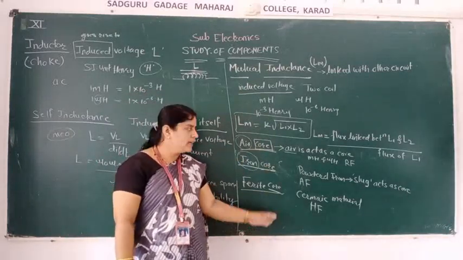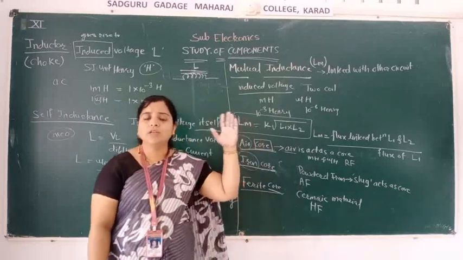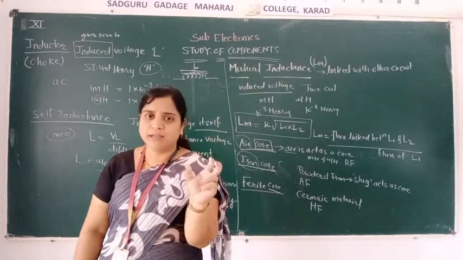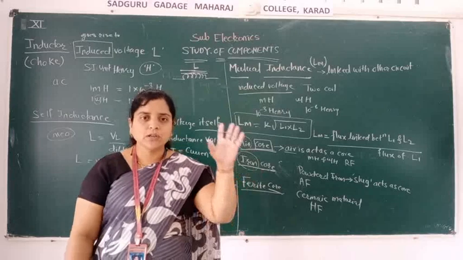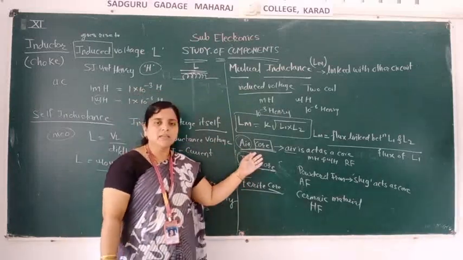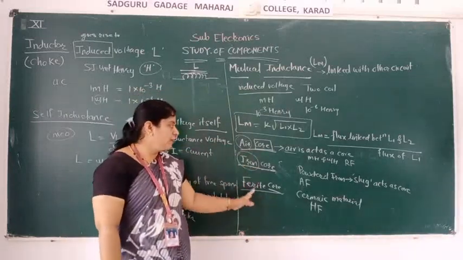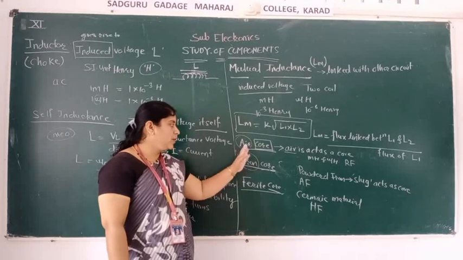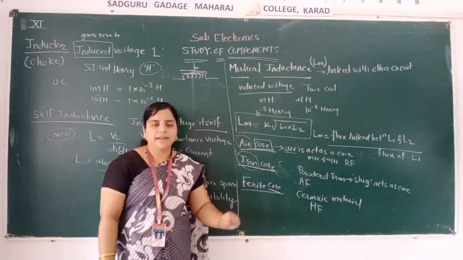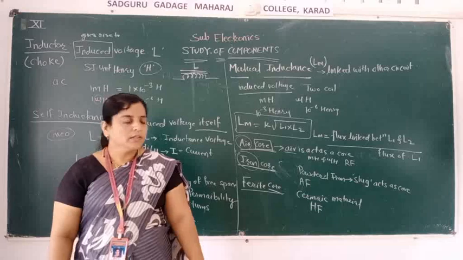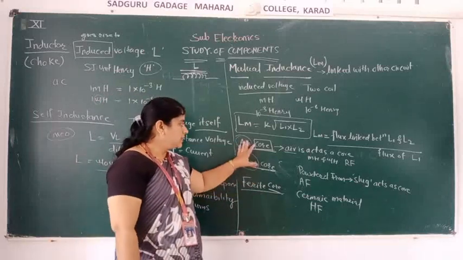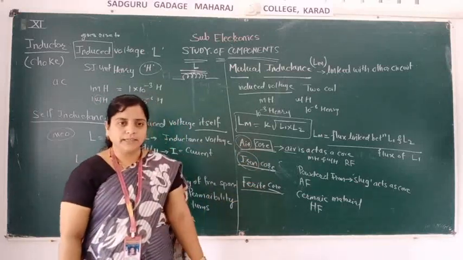Okay, so you do not have to write in detail. If you want to write in detail, there are 3 or 4 pages only on the air core inductor. So you are not expected all those things in the 11th standard. Only first we give the introduction of all these things: what air core, iron core, and ferrite core mean. Okay, all these 3 are the types of inductor.